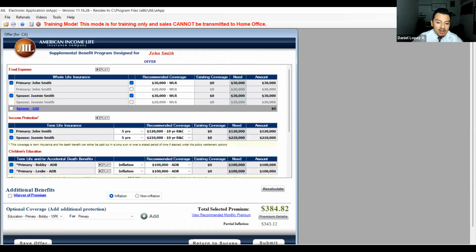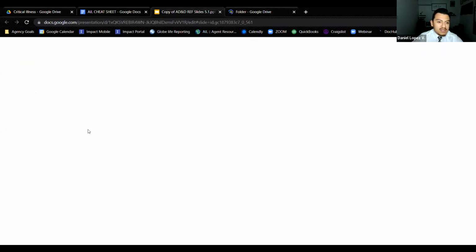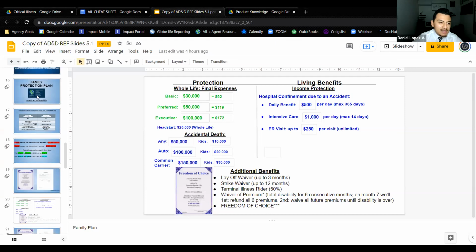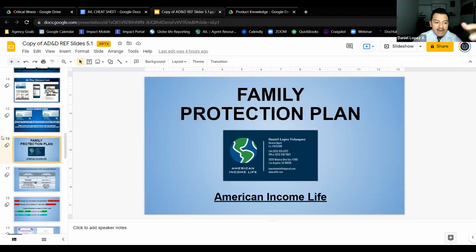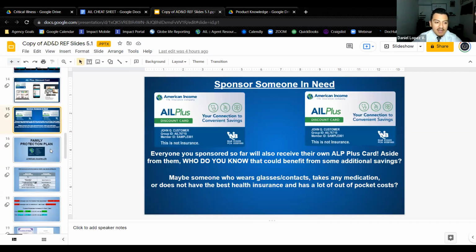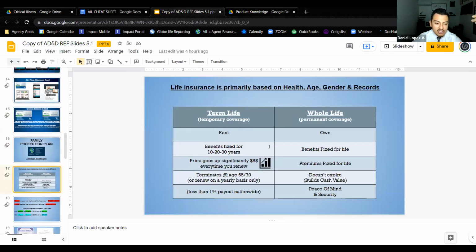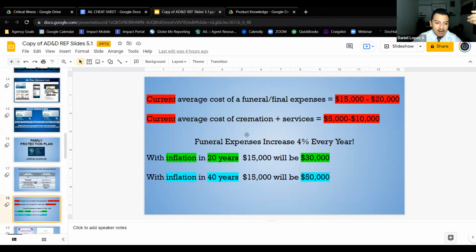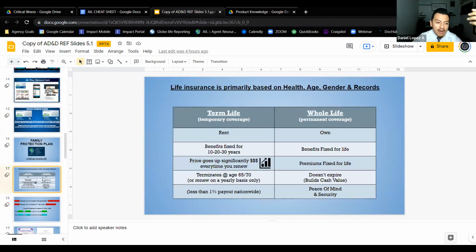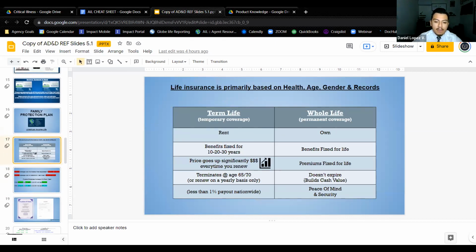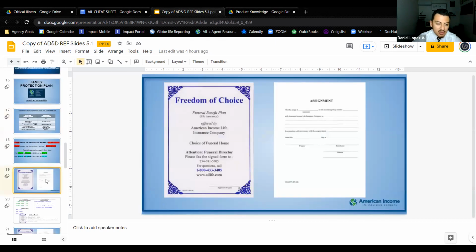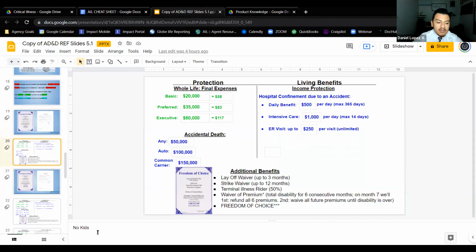Okay, now if you're going to use the slides, which we will all eventually, because the goal is to get you to use the slides because it's a lot more simple. With any slides, after you get past checkout, then you can look at this part. It talks about whole life versus term, what the coverage costs here in California, and freedom of choice. At one point this might be changed into different words, but it should look a little bit similar. And there are different scenarios for different people.